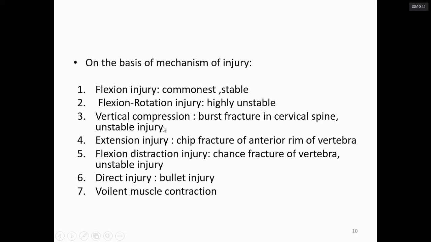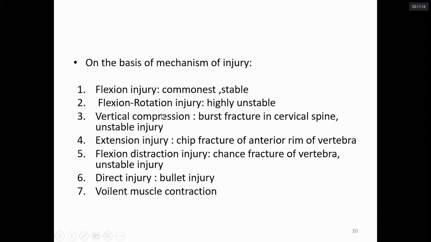Okay. The flexion rotation type of injuries are highly unstable. You have to go for fixation; basically, thoracolumbar injuries are operatively managed with instrumented pedicle screw fixation. Okay, and for the cervical spine you can go either for an anterior approach with a plate or a posterior approach with screws, either lateral mass screws or pedicle screws.